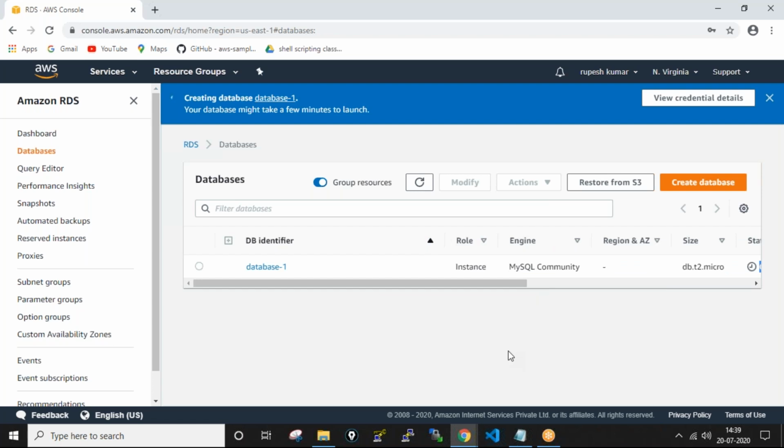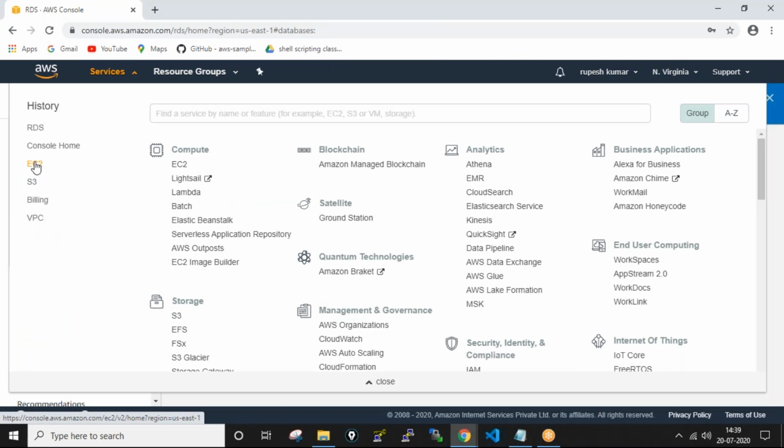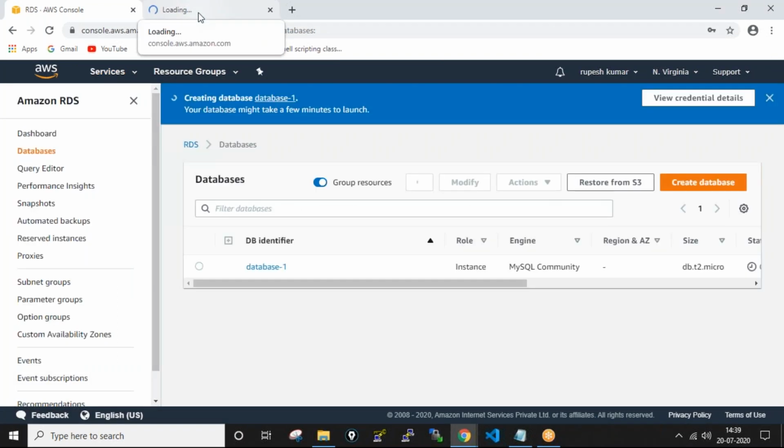Meanwhile, what we will do is, we need a server also. For the connection from the front end to the back end, we need a server also. From the server only, we need to connect to the back end database. Okay. So for that, we have to create a server also. If you are having any server, that would be fine. I think I'm not having any servers, so let me check the EC2 console. If I don't have any servers, I need to create a server there. Most likely I don't have any servers with me.